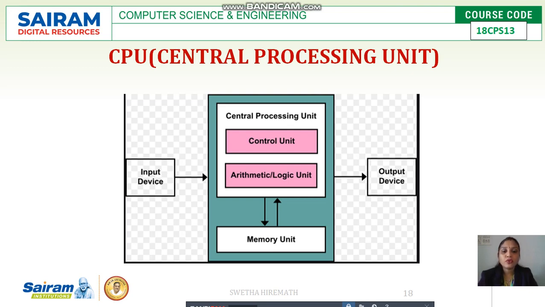So now we have to know more about the central processing unit. The central processing unit is nothing but the heart of a computer system. Whatever operations have to be performed will be performed in the central processing unit. The central processing unit consists of three units again, that is control unit, arithmetic and logic unit and memory unit. So totally a computer system consists of 5 units: the input unit, the central processing unit consisting of 3 more units, the control unit, arithmetic logic unit and memory unit, and the last unit, the output unit. So totally our computer system consists of 5 units.